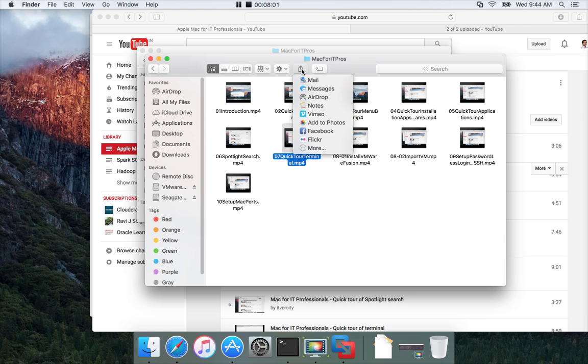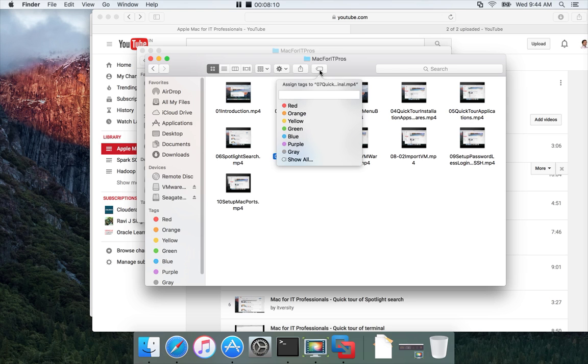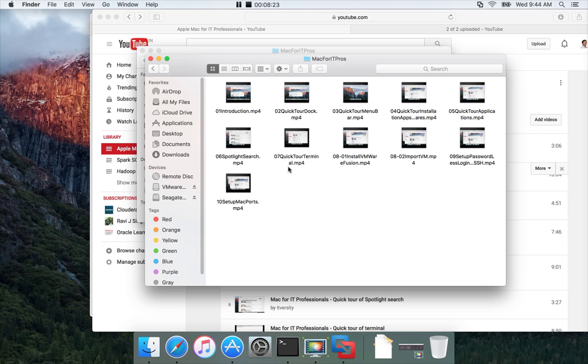And this one is to upload a particular file into a mail or Facebook or whatever apps are supported here. And with this one, you can assign tags to the files so that you can categorize files based upon colors. So all these features will be available using the graphical user interface of Mac to get to your files. So you can not only access the files using this graphical user interface, the Finder application, you can also